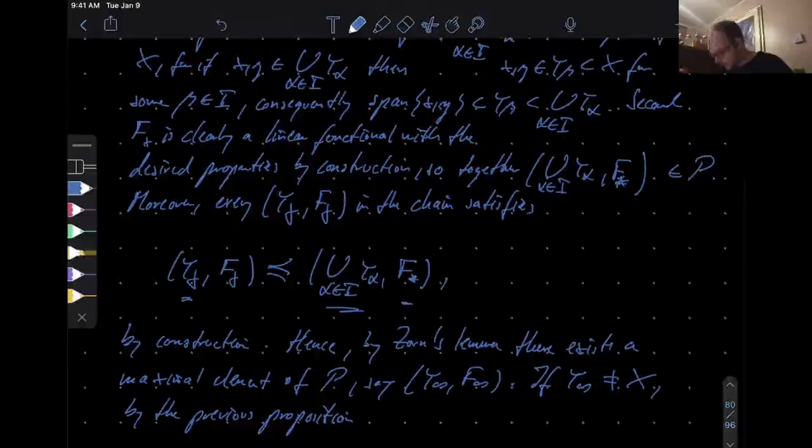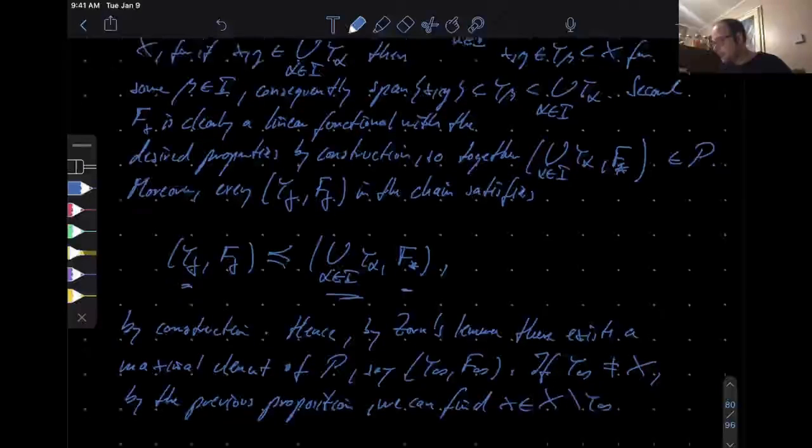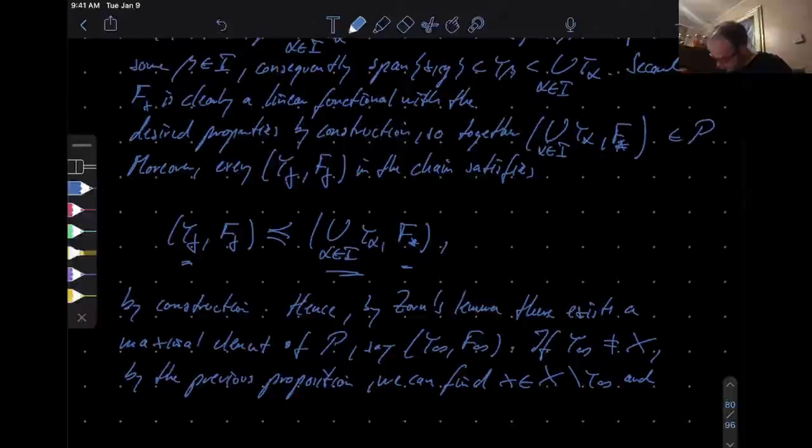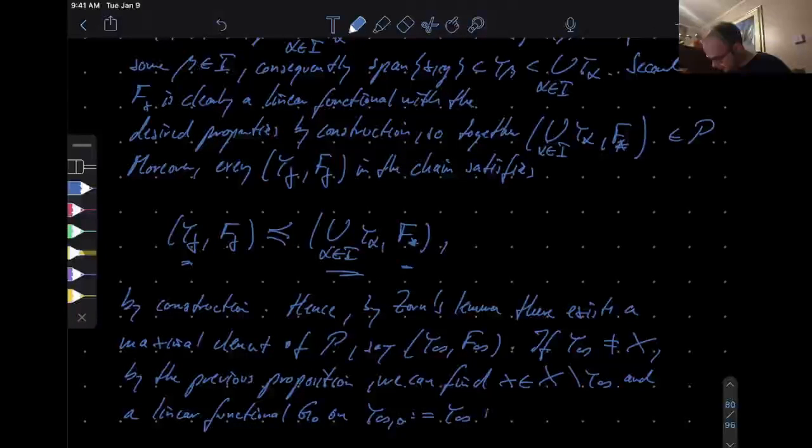By the previous proposition, we can find a vector x in the complement of y infinity and a linear functional, say g0, on